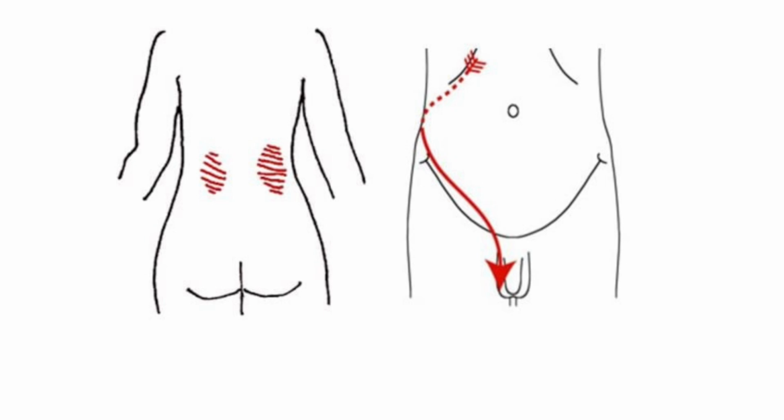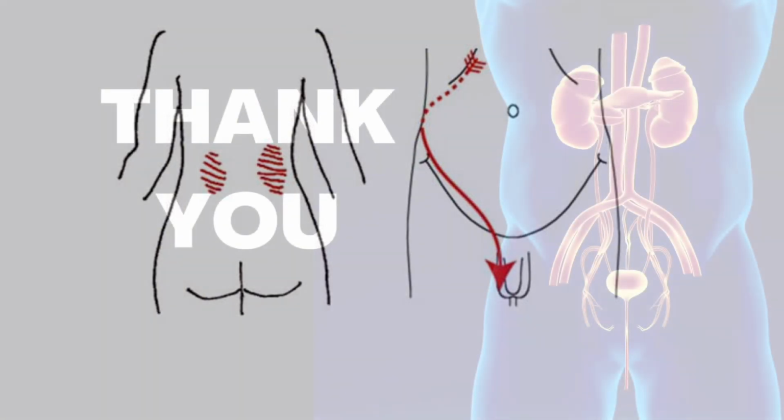Imagine you have a kidney stone causing havoc in the calyces or renal pelvis. The pain from renal colic takes a scenic route, passing through the celiac plexus, traveling via the splanchnic nerves to the sympathetic trunk, and finally reaching the T12 to L1 spinal nerves. And there you have it, a sneak peek into the fascinating world of renal nerves, and their role in the symphony of kidney function and pain perception.